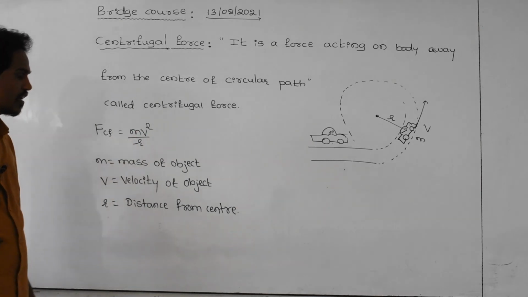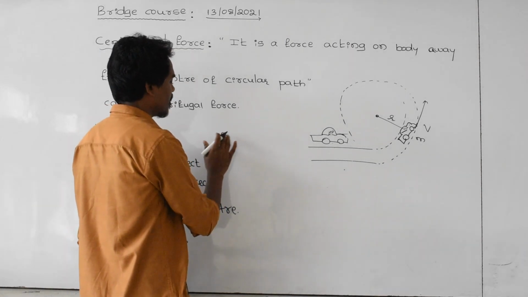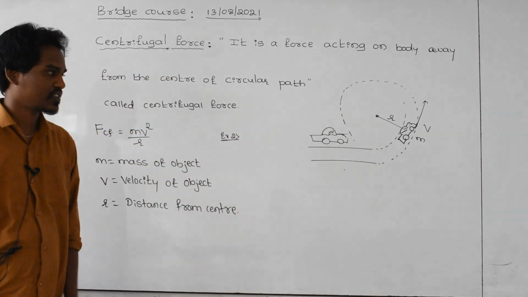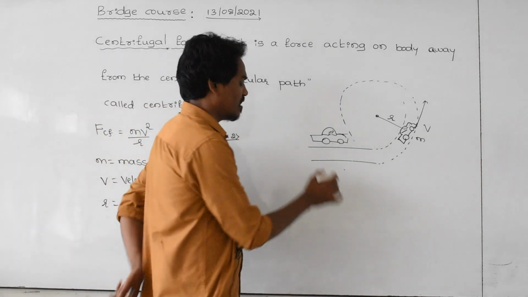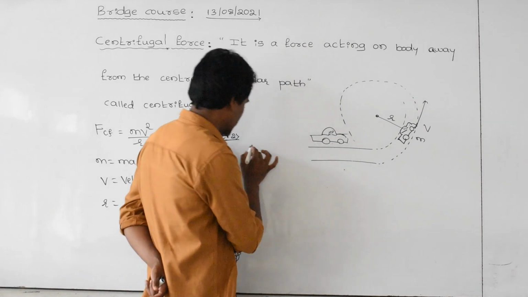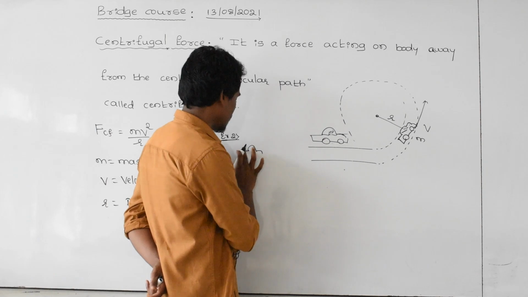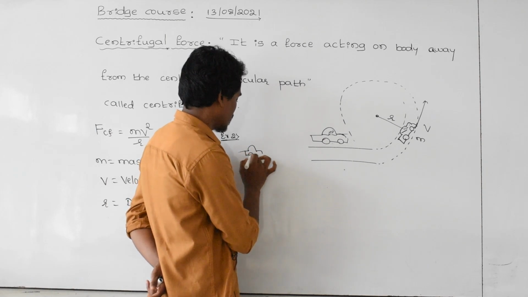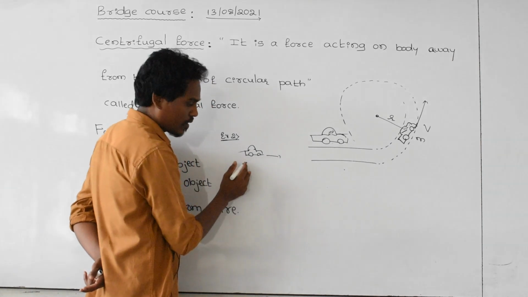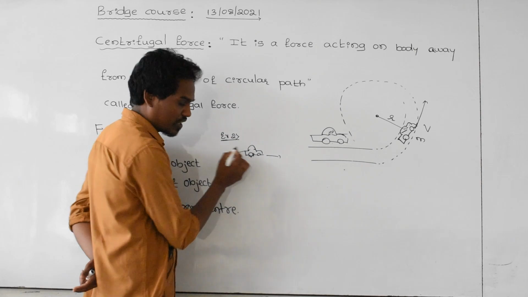And let us take an example. Example number 2. Take one more example, that is, let us take the same car. The car is moving in a straight line, and the mud is attached to the wheels. Mud means that is